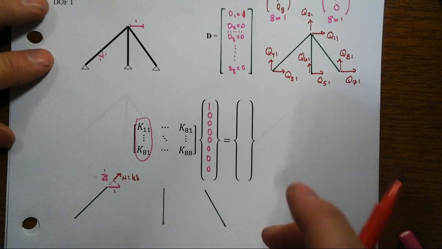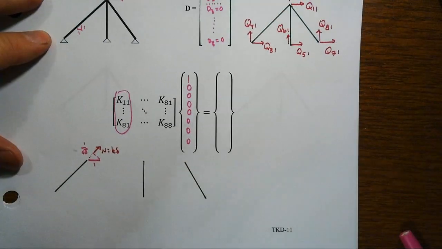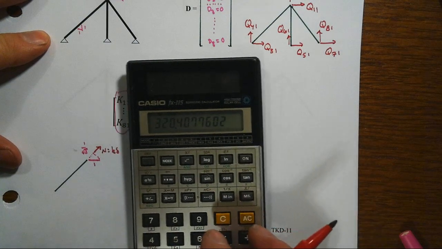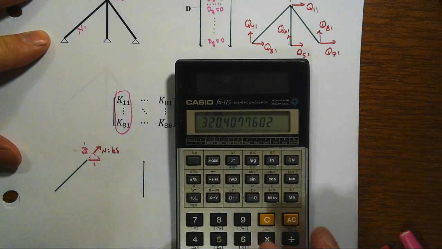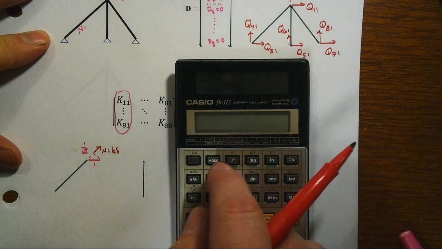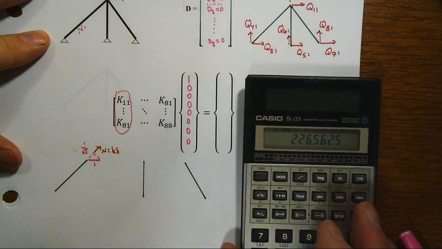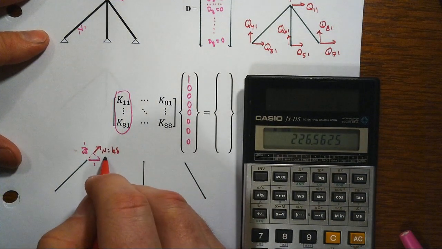And that K was for member 1, that's the 320.4. So there we go, 320.4 times not 1 now, but times the reciprocal of root 2, or 0.707, and that number is 226.6